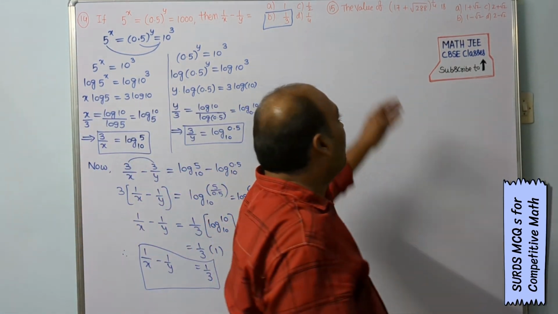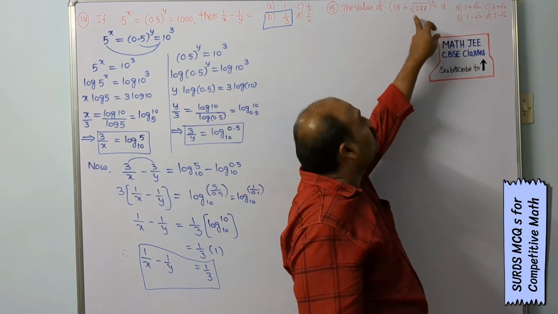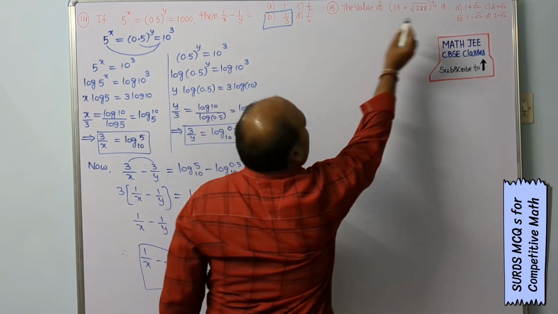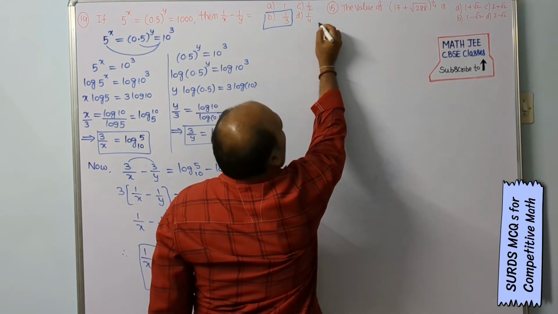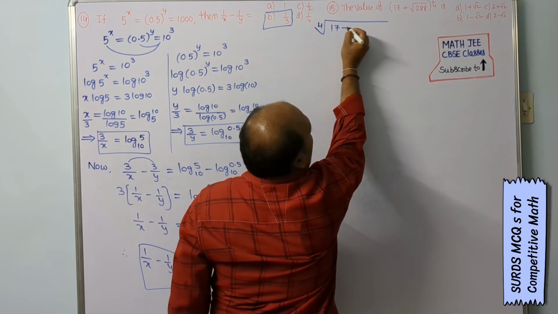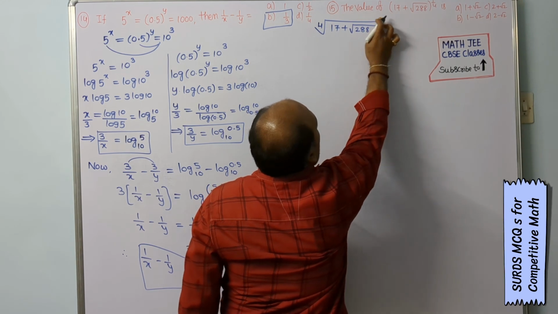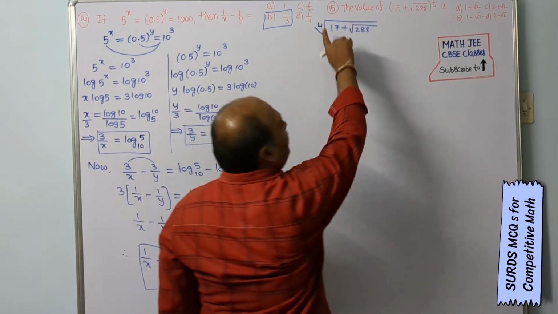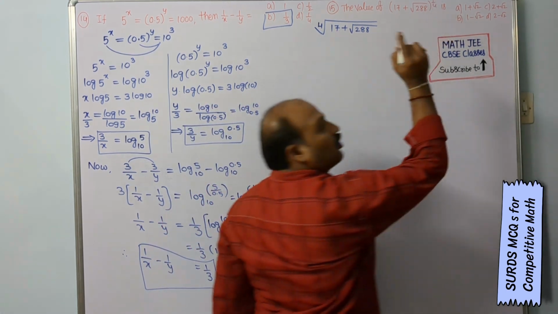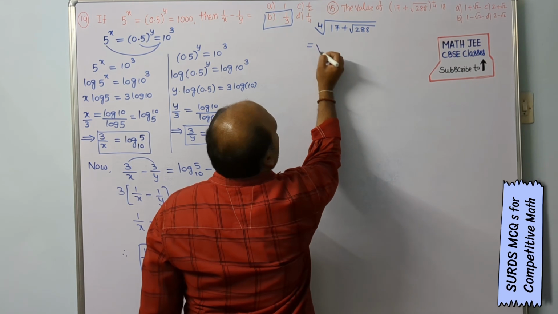Now come to another question. The value of 17 plus root of 288 whole power 1 by 4. So that means the fourth root of 17 plus root over 288. Whole power 1 by 4 can be written as whole power 1 by 2, whole power 1 by 2. So that is equal to square root of